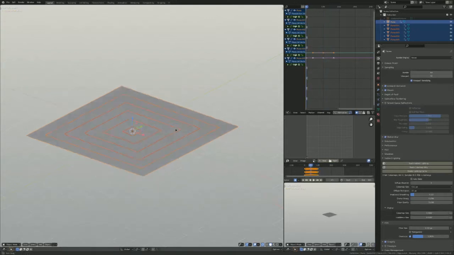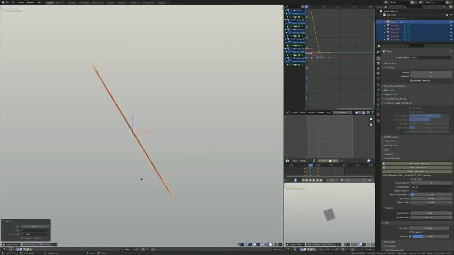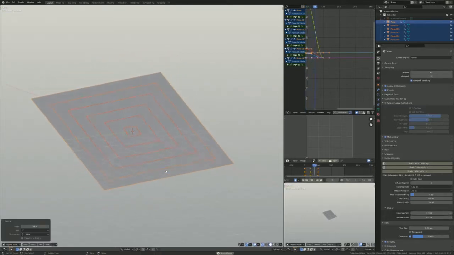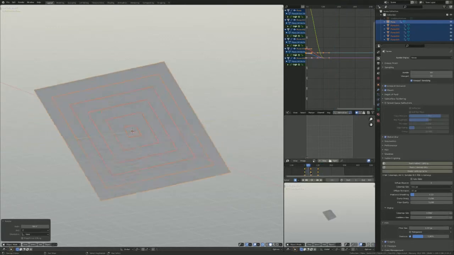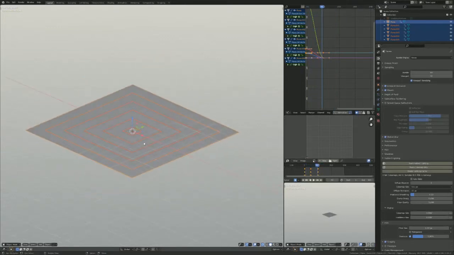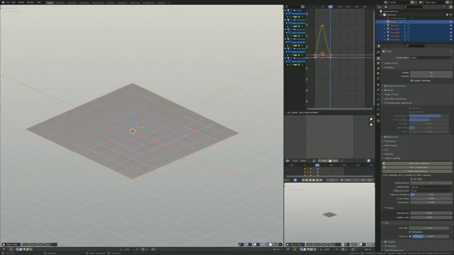And in the middle, we can do some kind of fun rotation, whatever that is. Now it goes up and back down. And here's the graph. We're going to take all of these and Shift D to duplicate, X for X axis,